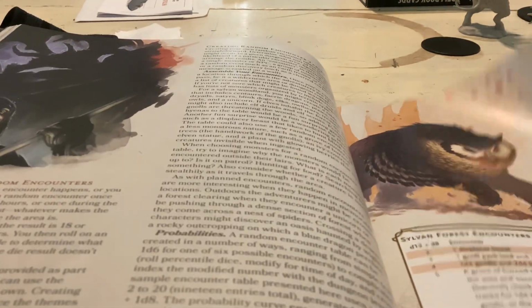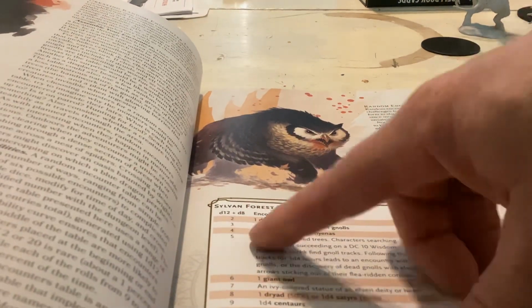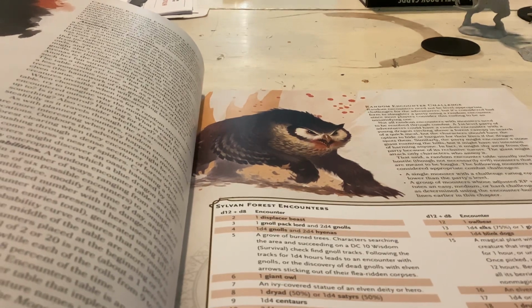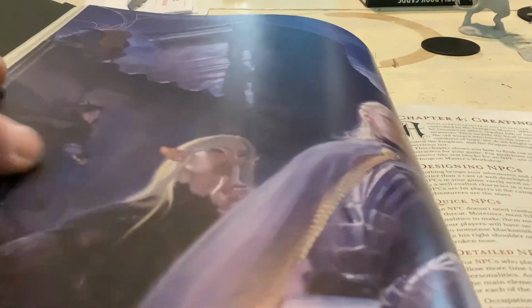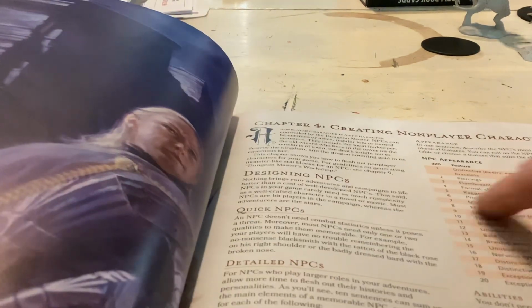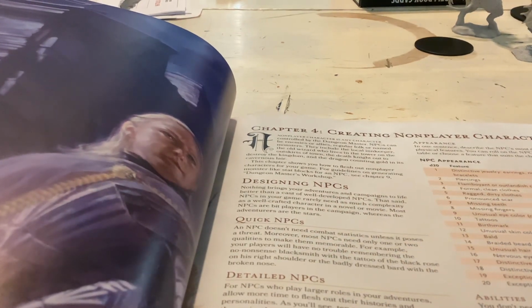And it gives the different types of encounters. In here it has a table, like the forest encounters, where maybe you run across some wildlife while you're trying to chase down the assassin of that king that was just murdered, that's an example I used. And then in the next chapter of part 2, it also gets into creating what are known as